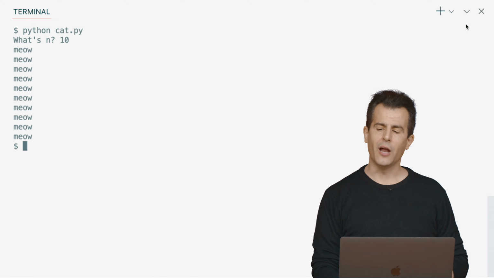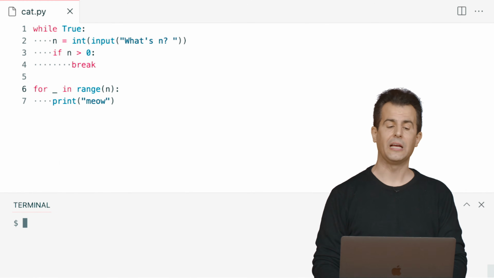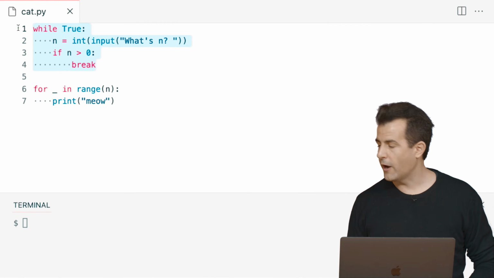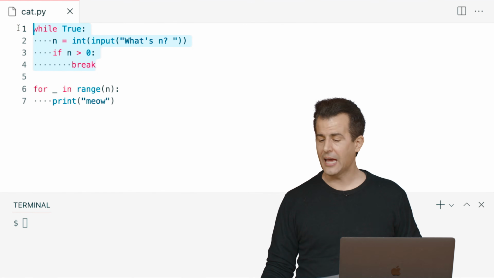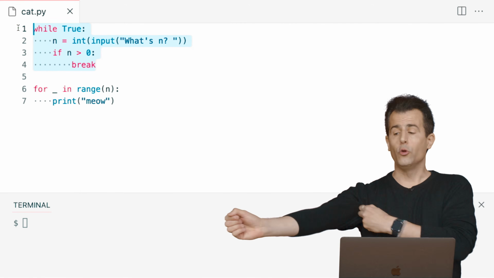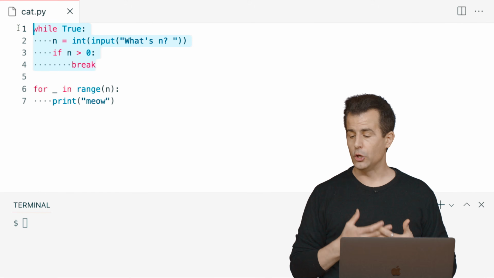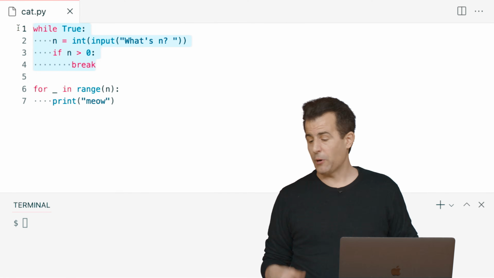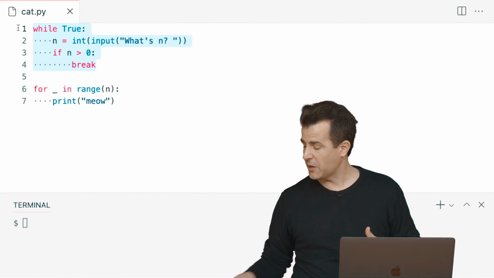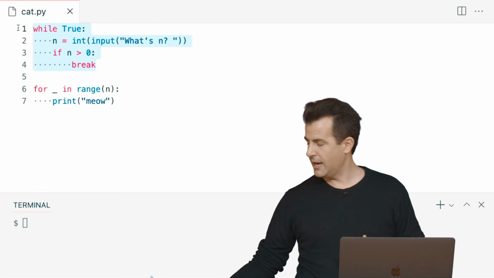And the takeaways here are not just that we can meow 10 times or do something again and again, but this is a very common paradigm in Python when you want to do something again and again and again, but only until the user actually gives you a value that you care about here. And let me propose, actually, now that we practice a little more what we've been preaching, especially when it comes to, say,